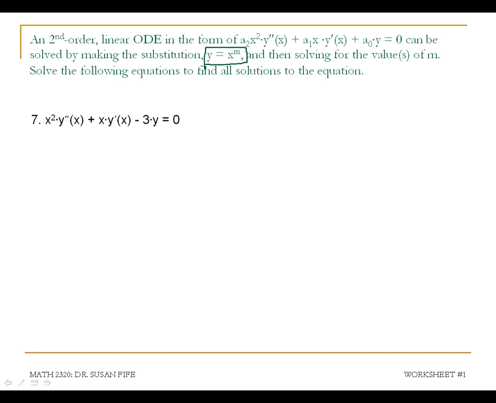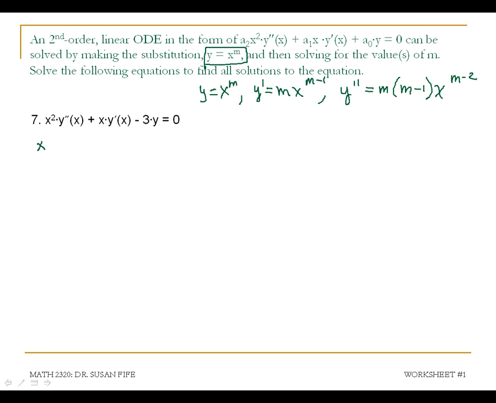And so we'll use the same substitutions. y equals x to the m, y prime is m x to the m minus 1, and y double prime is m times m minus 1 times x to the m minus 2. That should be a 2. Minus 2. Substitute into the equation